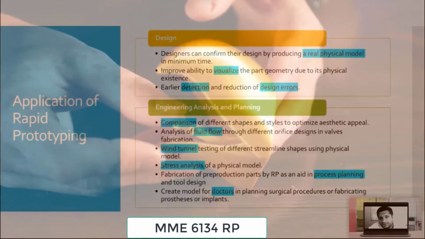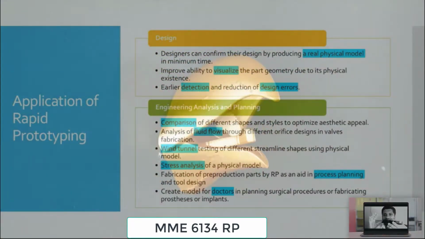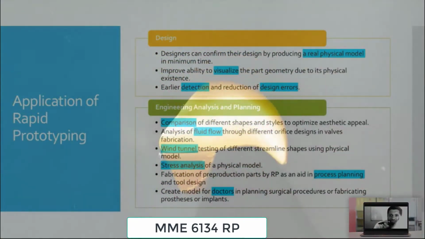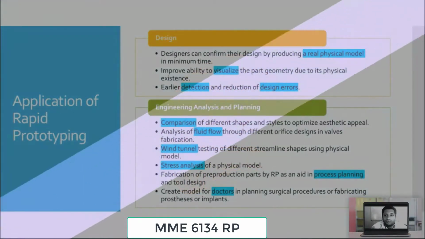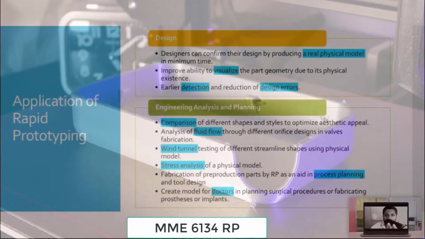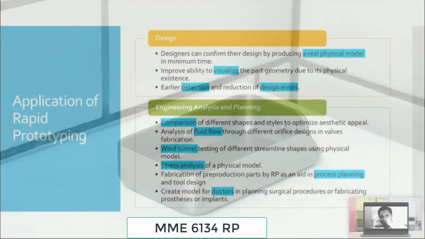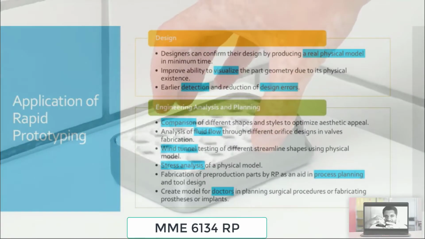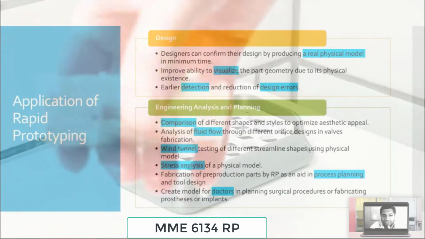So RP can be carried out to compare different products. Okay, I can do fluid analysis. Basically, the flow comes and flow exits. Okay, so we can see how much the drag force is produced, how much the lift force is produced. So we can analyze or test our sample based on fluid mechanics. Okay, I can do solid mechanics or stress analysis. I can put my RP under stress using a tensile testing machine or compression testing machine or bending testing machine or impact testing machine. I can see how my product is going to behave in real life.